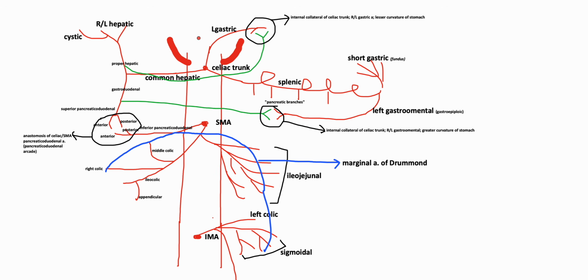Okay. So here is what we have so far. Looking pretty crazy. Don't worry, we are almost done. So we have now drawn the branches of the celiac trunk, the SMA, and the IMA, and we're going to finish by drawing the branches that are going to the retroperitoneum. So before the branches of the celiac trunk come off, there are other branches that are going to the diaphragm. I'm going to draw them in a thicker color, not because they're thicker, but just to differentiate them from our other arteries. These are our inferior phrenics,